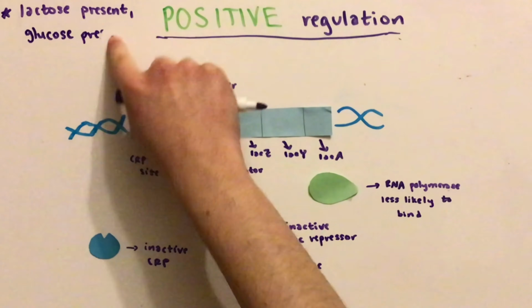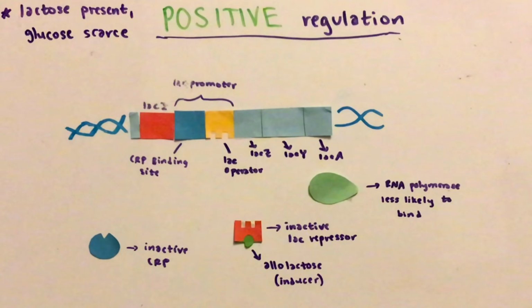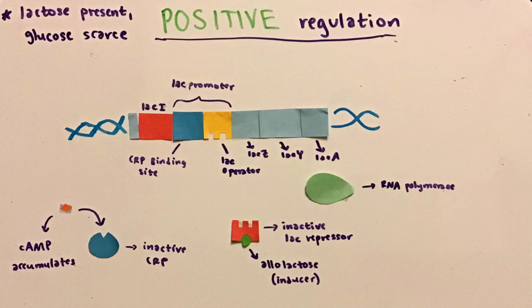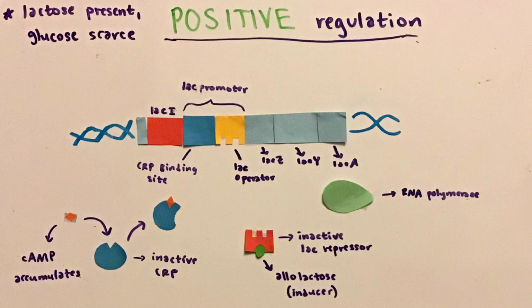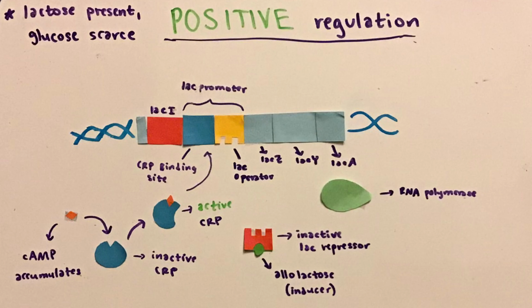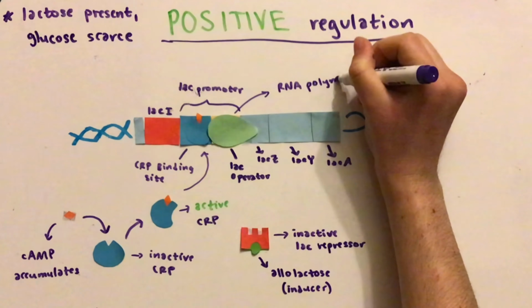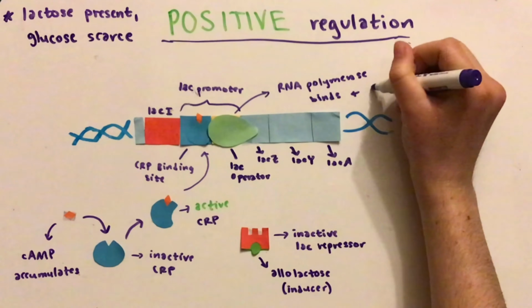However, when lactose is present and glucose is scarce, cyclic AMP, cAMP, accumulates and binds to a regulatory protein called cyclic AMP receptor protein, CRP. This regulatory protein is an activator, which is a protein that binds to DNA and stimulates transcription of a gene. When cAMP binds to this regulatory protein, CRP assumes its active shape and can attach to the LAC promoter. This attachment increases the affinity of RNA polymerase for the Lac promoter, thus increasing the rate of transcription of the